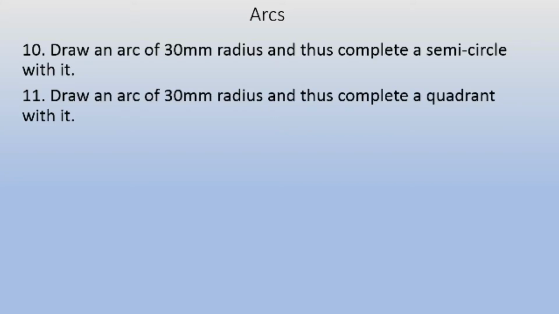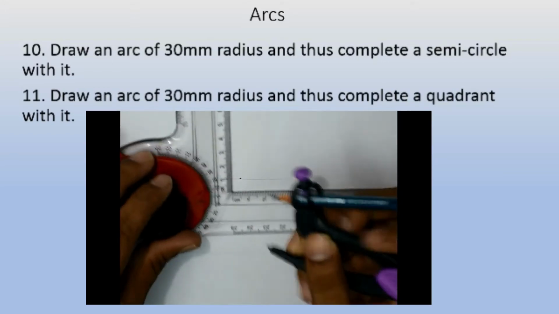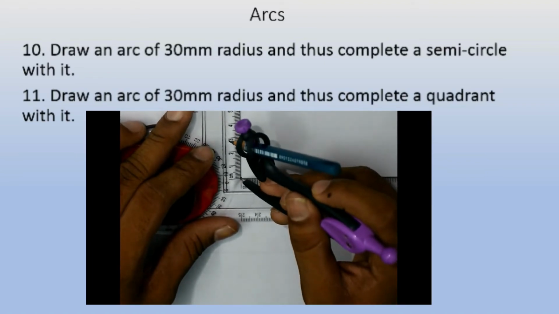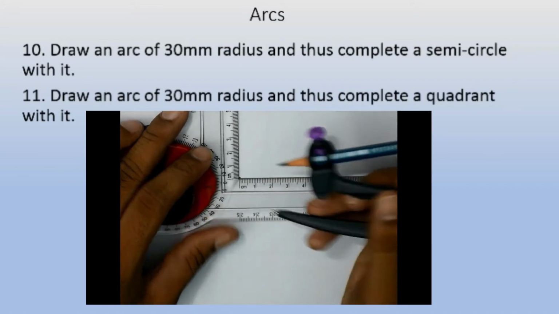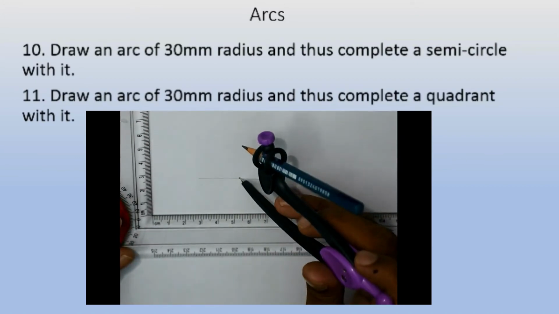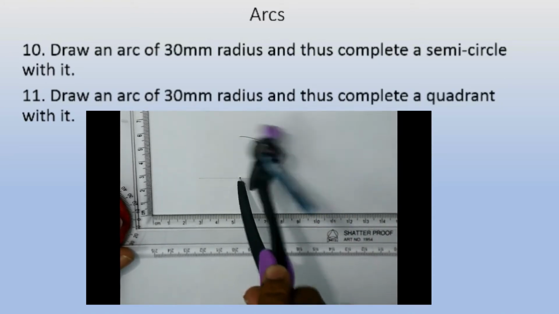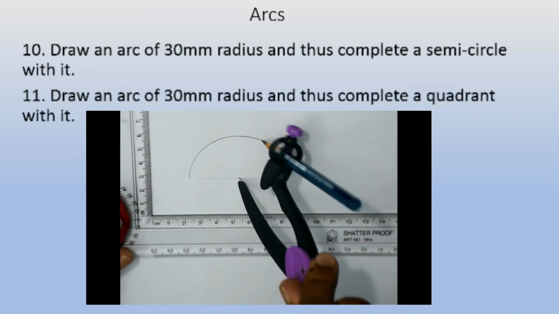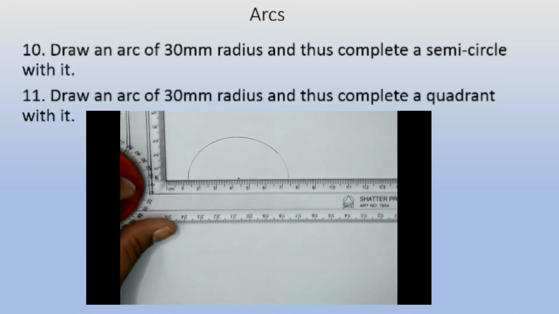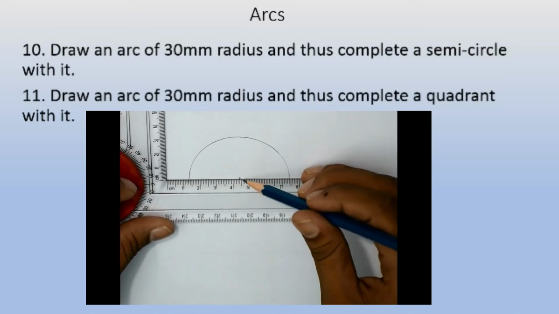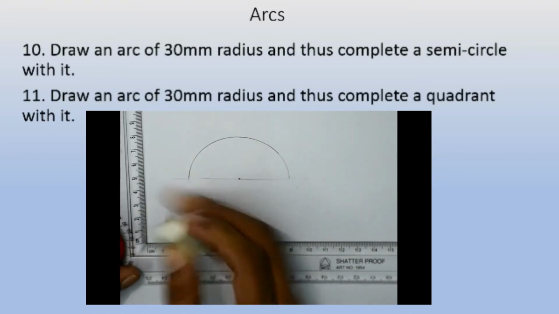So first I will draw question number 10, that is the semicircle. I have taken one line and one point also, which is the center point of this semicircle. The radius is 30, as we know how to take the radius. And now you see that I will draw an arc. This is actually an arc, even this much is an arc, but we have to complete the semicircle here. That is why you see that I have taken a half circle here. Half of a circle is called a semicircle. So this is going to be your semicircle on your screen.